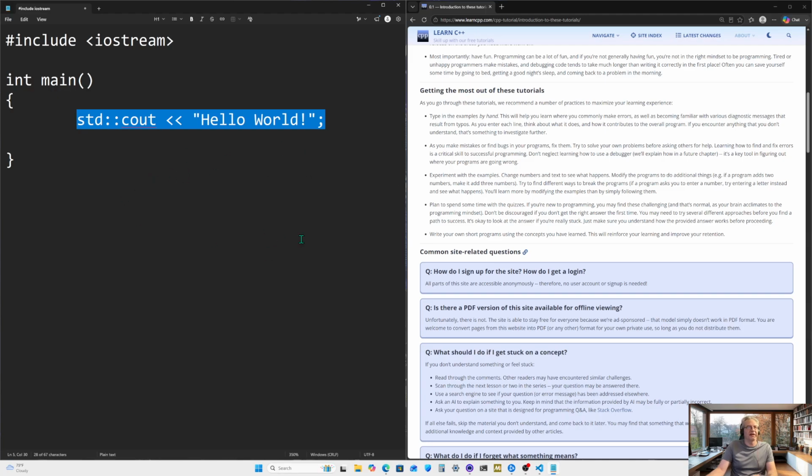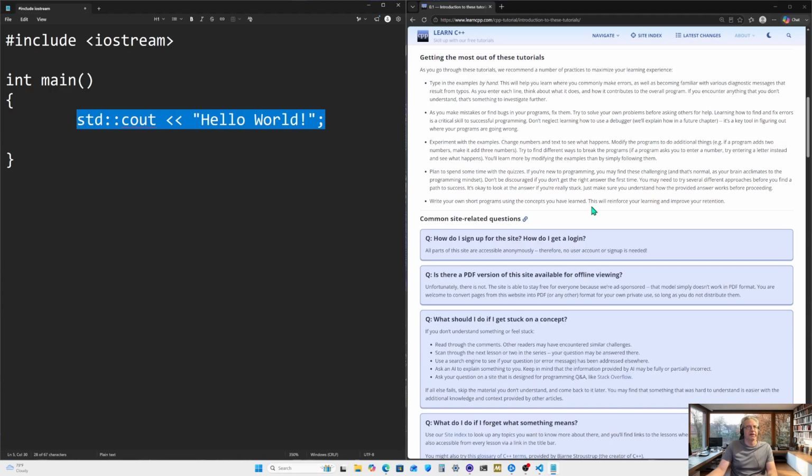I would have to actually add that to this as well. We'll explain how in future chapters. It's a key tool to figure out where your programs are going wrong. Yes, because it can help teach you what you need to do. Keep moving on.